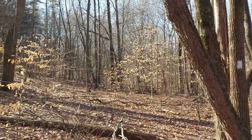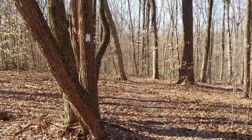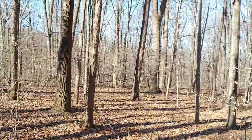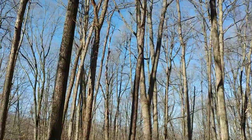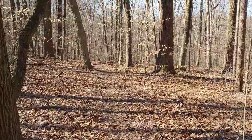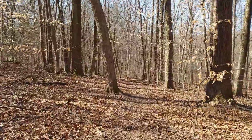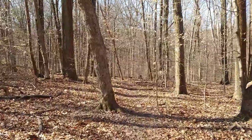Oh, there's a deer. You see him? I hope you guys saw that. There's a squirrel. Go, boy, go. Little gray squirrel. Nature Central. But it's just really important to let that world fall away and just get out here. And these little off the beaten track areas